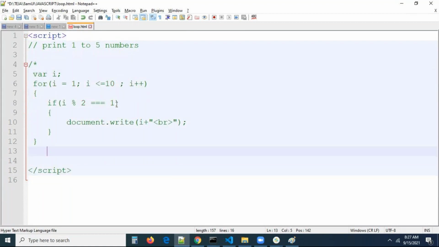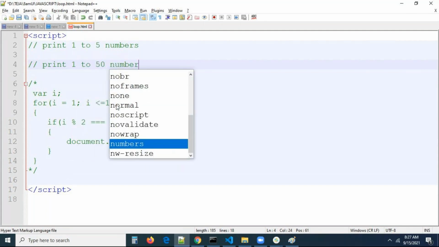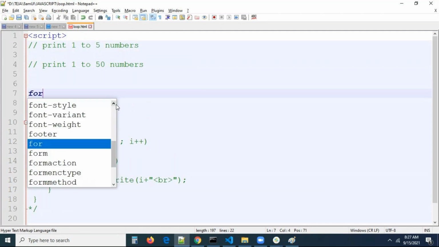Now you can see. I want to write one more thing. I want to print. Try to see, guys. Here I'm telling the requirement. Print 1 to 50 numbers. Okay, 1 to 50 numbers, right? We know how to print it. Now simply where